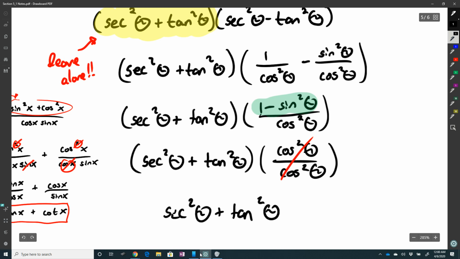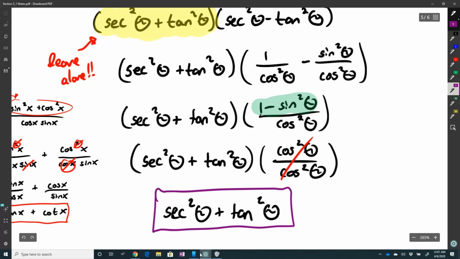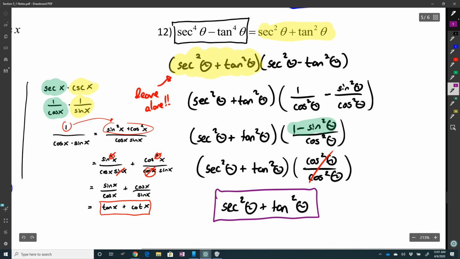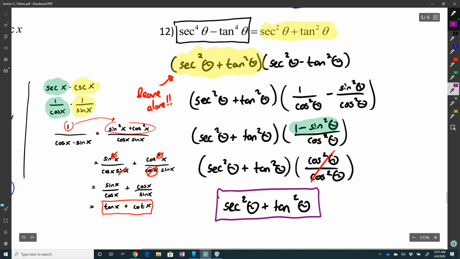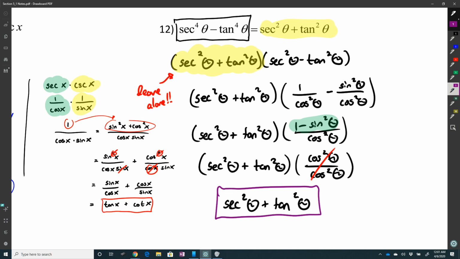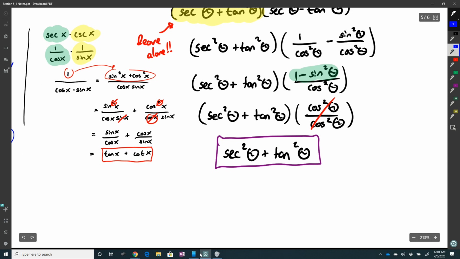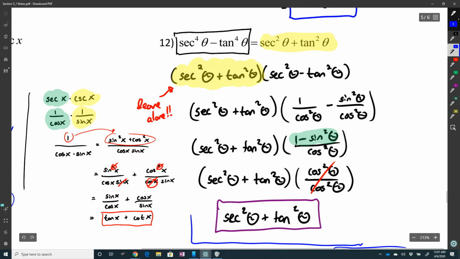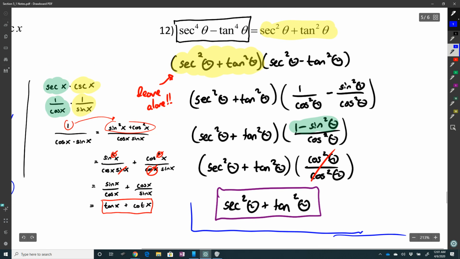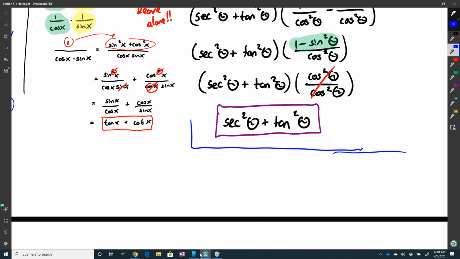So here's an example of, you work it out, you got it right, full credit. But you may have a friend that did it a different way, and it's completely possible. It turns out that this problem, I could have started with the other side. So again, that's one way to do it. The other way to do it, if I started with secant squared plus tangent squared,